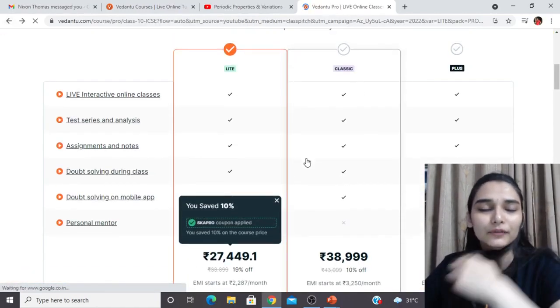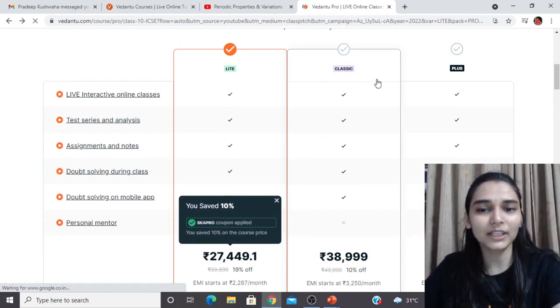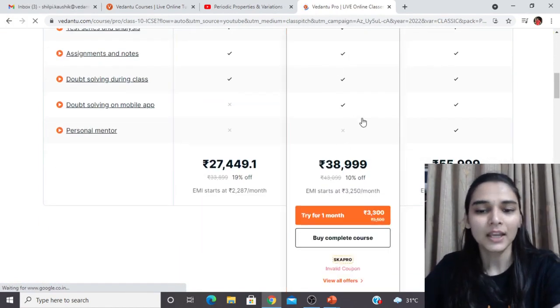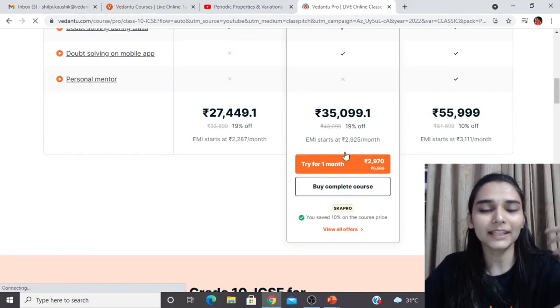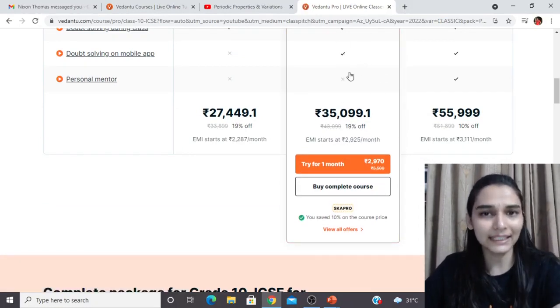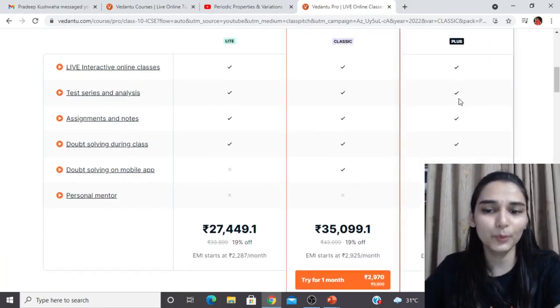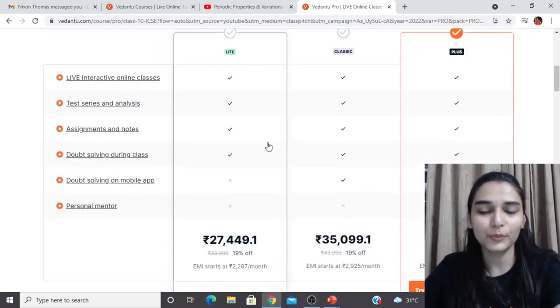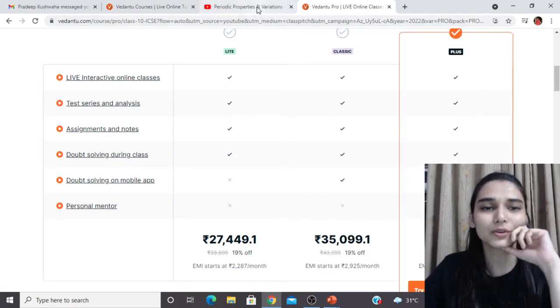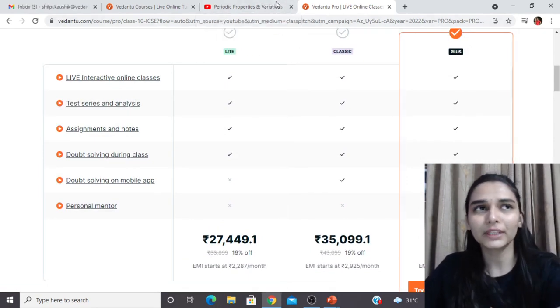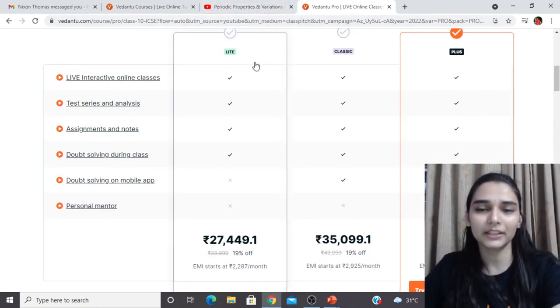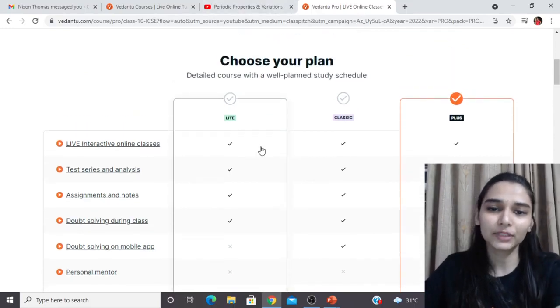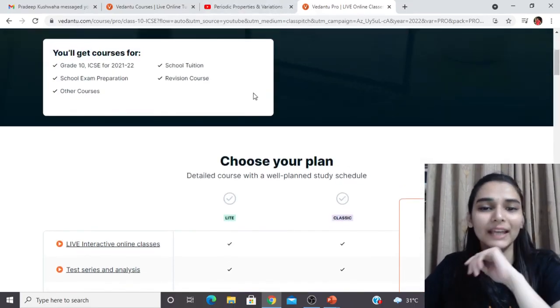But if you are looking for a doubt solving mobile application then go with the Classic subscription. ठीक है, so जितने भी डाउट्स है you can try this also for 1 month and see if it works या नहीं. Plus subscription is there जिसमें you also get a personal mentor for personalized attention. ठीक है, so not just attention, like if you need any kind of help in your academics या फिर you need a career counseling then they would be helping you.